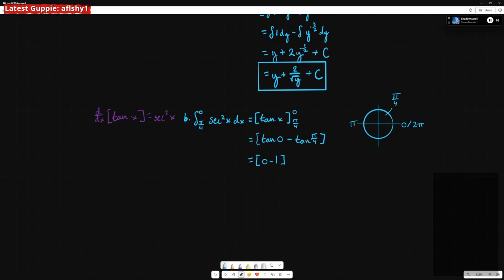This is pi. Pi over 4, which is square root of 2 over 2. Square root of 2 over 2. So it's one of the few places where tangent is 1. Because tangent is opposite over adjacent. So it's sine of x